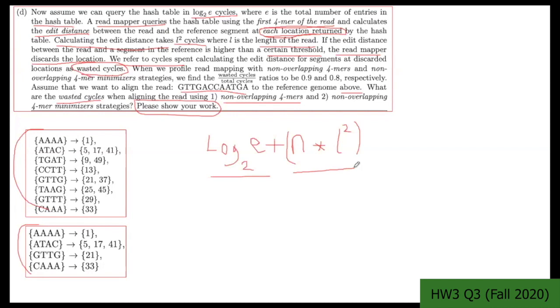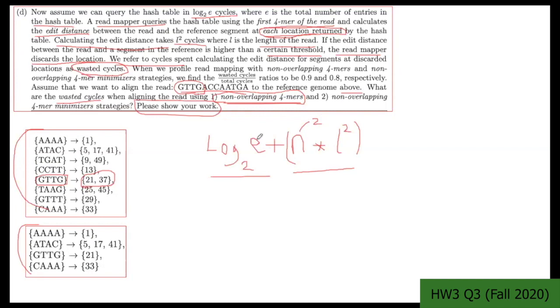What you need to do is just extract the first 4 characters from here, which are G, T, T, G, and try to query the hash table. Now let's see, do we have GTTG here? No, no, no, no, we have it here. So we got a hit here, and this hit will lead to having 2 locations as n. So using the first hash table, or the first method to extract k-mers, which is non-overlapping k-mers, leads to n being 2,